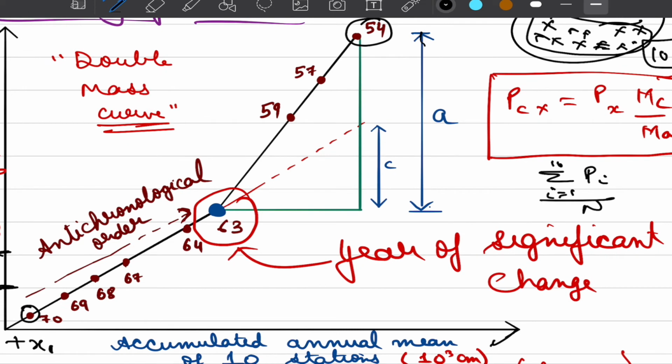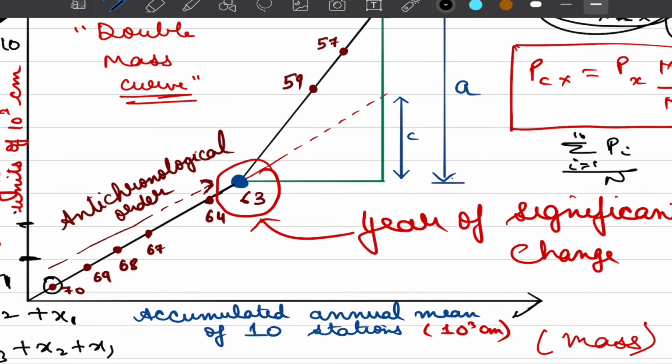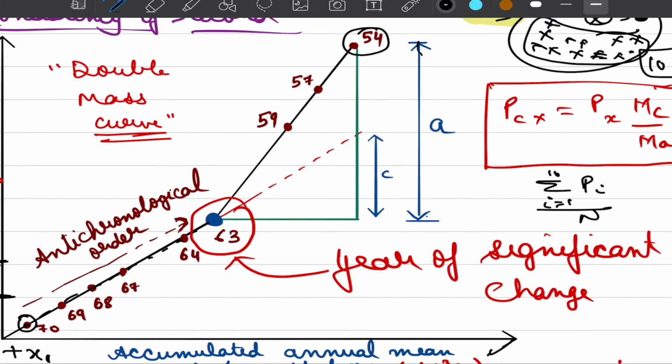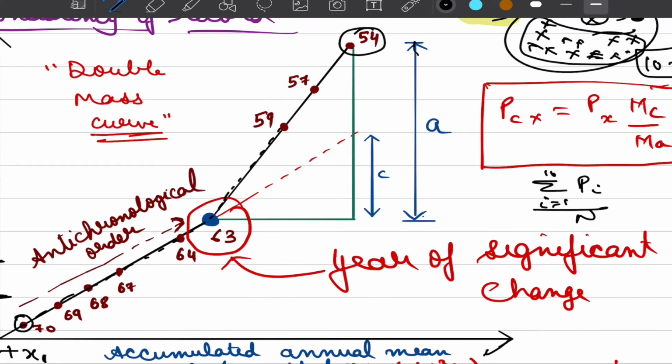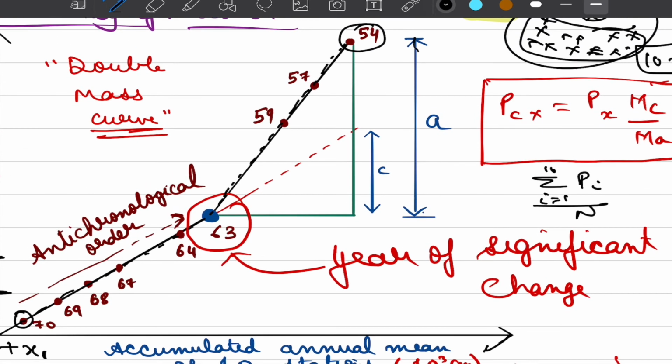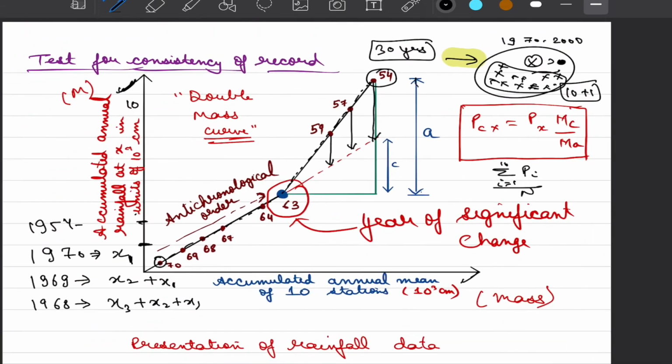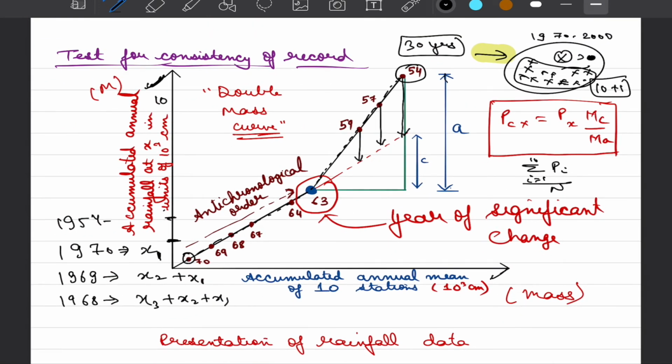Now in this example you see that after 1963 there was a consistent pattern, where everything was falling in a straight line. Before 63, all the points were still falling more or less in a straight line, but there was a deviation in slope. And that would mean that we have to bring these values down so that we are able to apply the correction. One way to apply that correction is to correct the slope of the line that has departed before 1963. To do that correction, the corrected value PCX is equal to